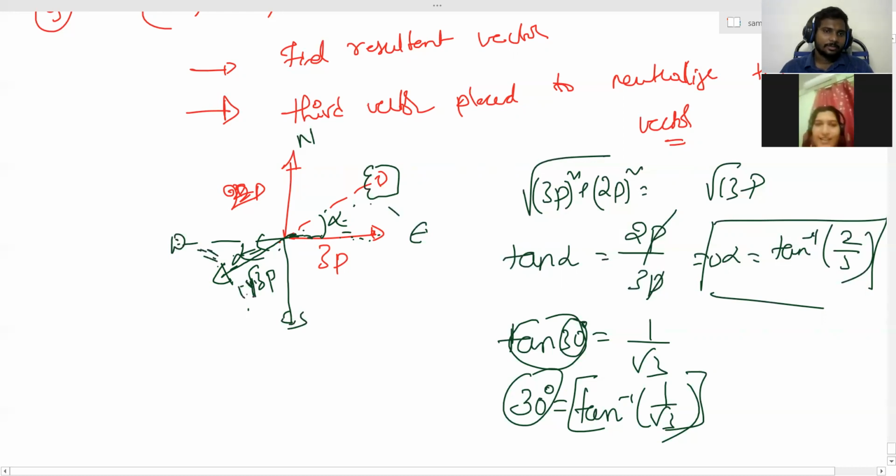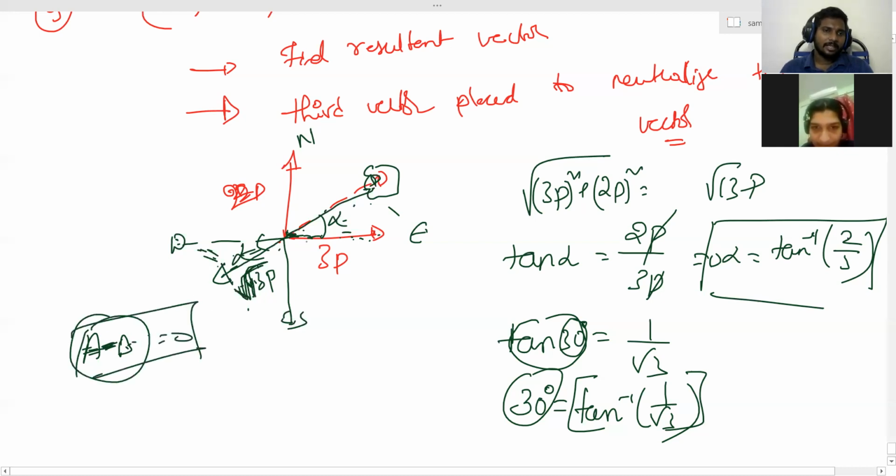I was thinking it will be diagonal, but I didn't know where to place the diagonal. It is exactly opposite to it to make 0. Because in the formula, if a and b are equal and in opposite direction, cos 180 means minus 1, so we get a minus b, both equal, and it becomes 0. To neutralize it, a vector of exactly equal magnitude should be applied in the opposite direction. I hope this is clear for you.